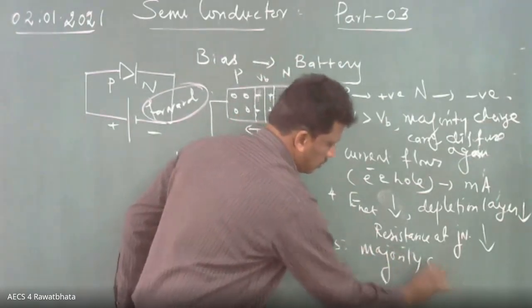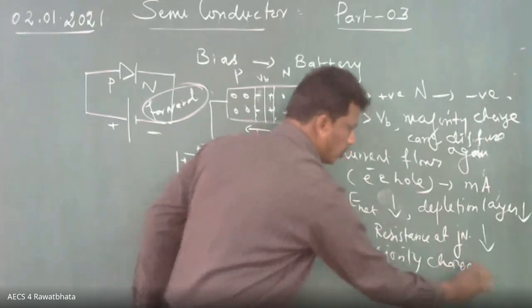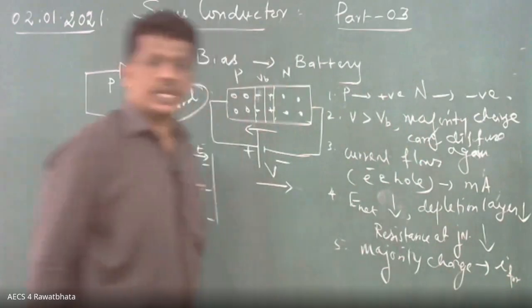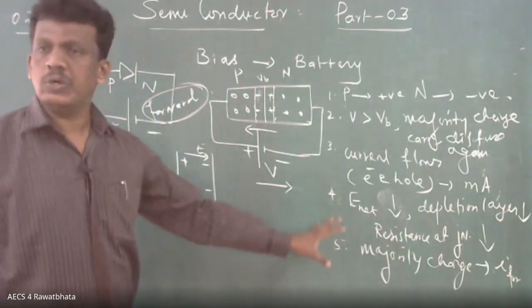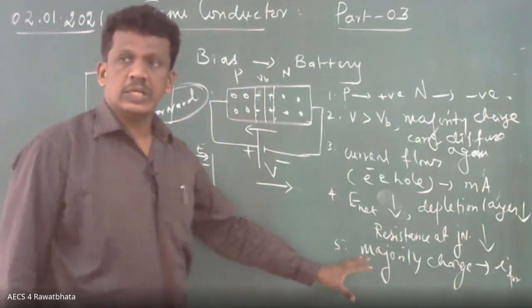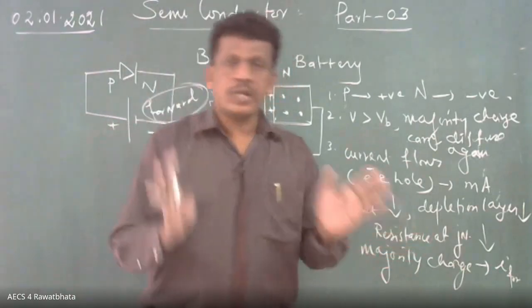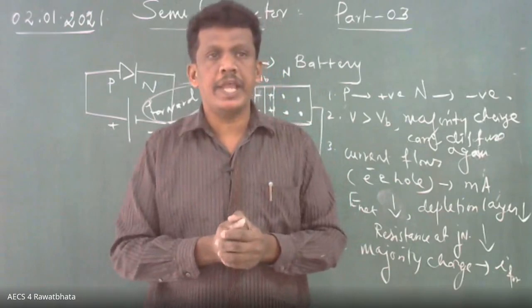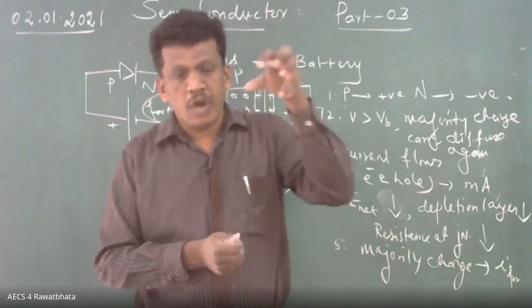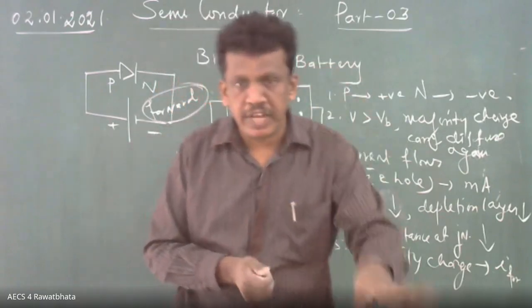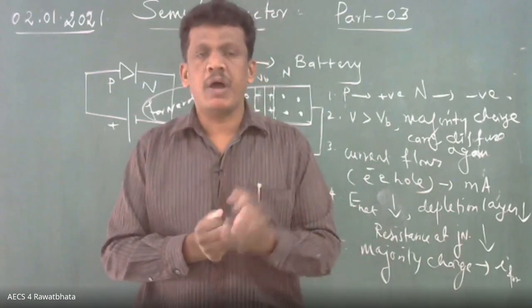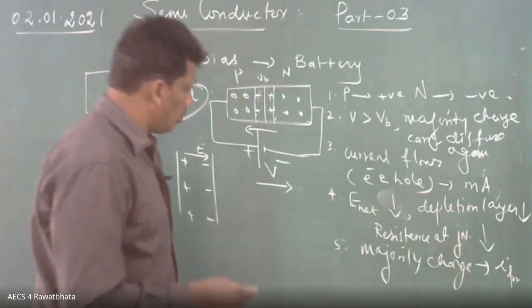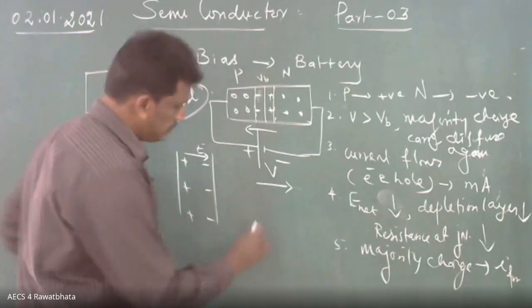The majority charge carriers give the forward current. That's all. Is it clear to you all, the points? So what is forward bias? During forward bias, what is happening? In forward bias, which carriers are responsible for electrical conduction? The current is measured in milliampere. Okay, I will give the graph now. It is visible here.